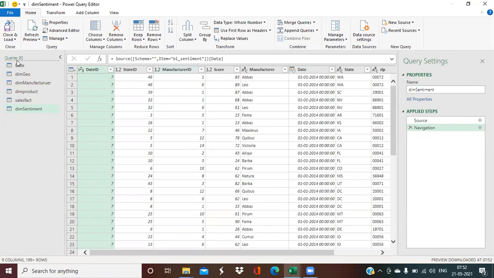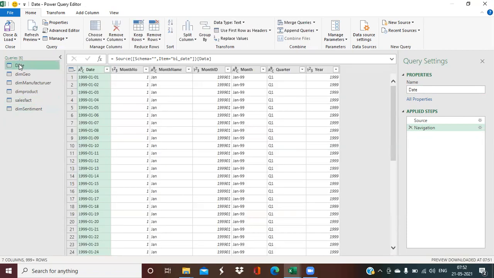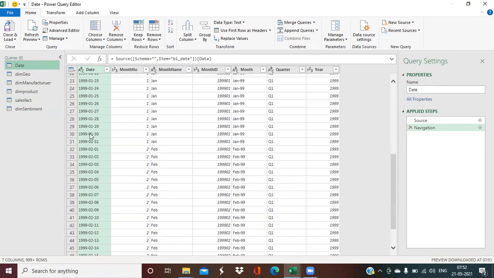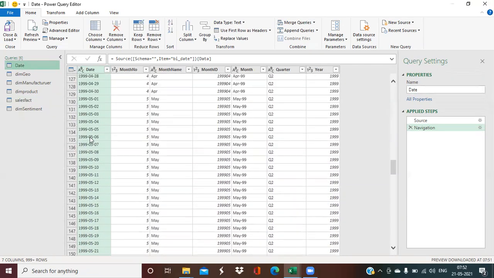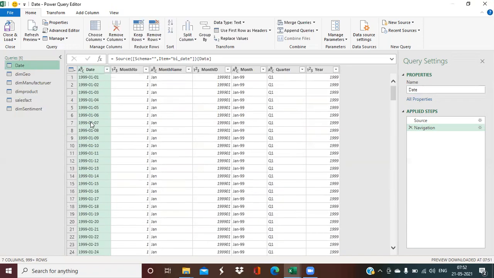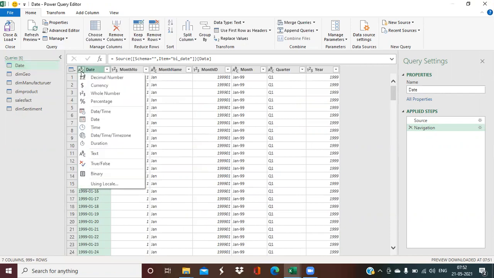Okay. So now let's jump into the data tab, into the tables, and we move to the first table, date. So what comes in picture in front of me when I look at this as a date table? The first thing I can see here is a date column. We have the different sales on these dates. The problem in this is the data type of the column. You can see here, it has a lot of data types. If we click on this button, we'll get the list of data types.